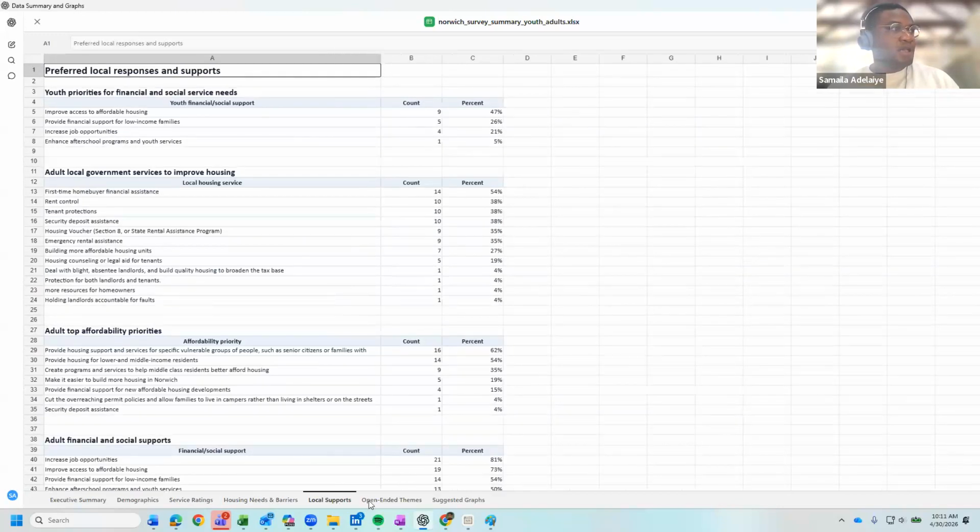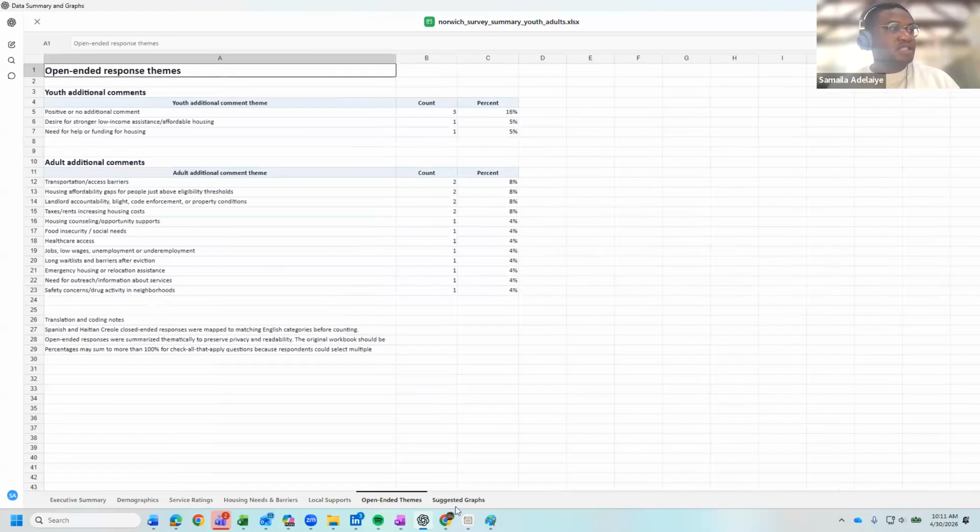I will say, even if you didn't do this, the way the survey was done, it had options for respondents to select from. They also had an option to put in an answer as well, but it's easier for it to bring things from those as opposed to just open-form questions. And so yeah, that's my